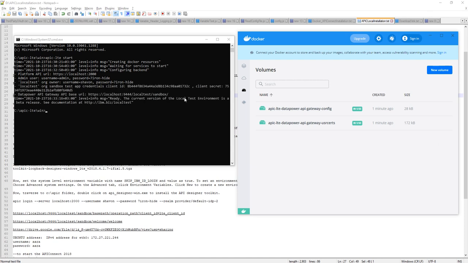Okay, it has started. We'll get the DataPower link here. This is for your API, localhost, and the port will be 2000. When you run your API, let me copy this one.